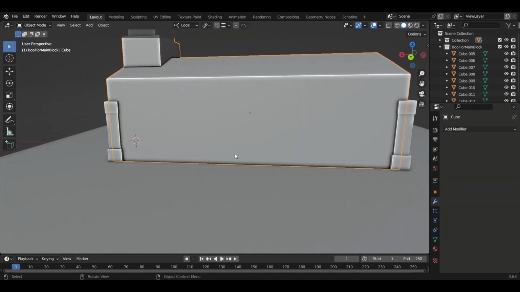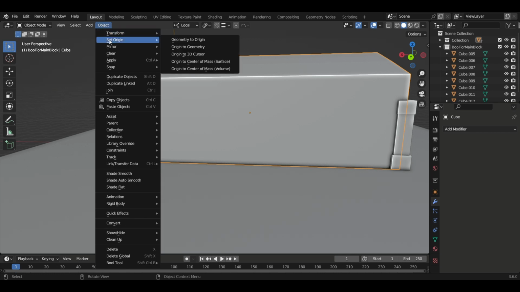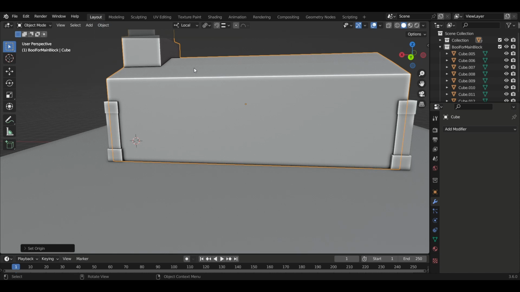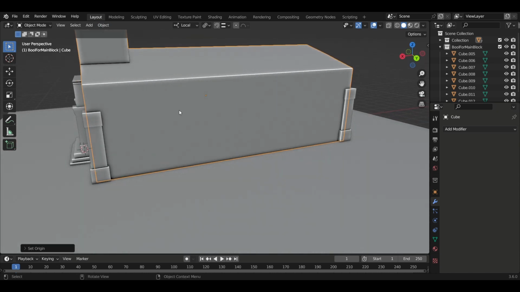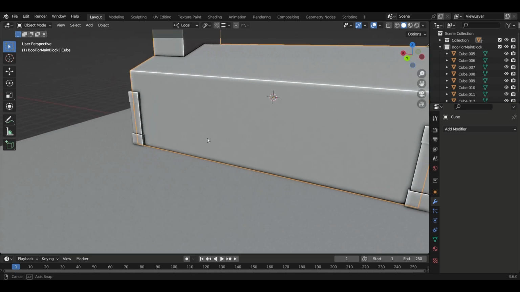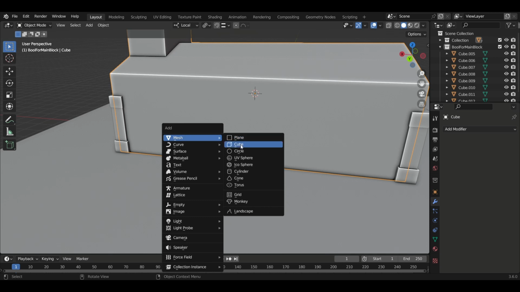Now let's bring the 3D cursor to the middle of this main building. Let's ensure our pivot point is exactly in the middle of this building by hitting Object, Set Origin, Origin to Center of Mass. Okay, now the pivot point of this building has come to the center of mass. Now use Shift S and Cursor to Selected, Shift A to add a new cube,